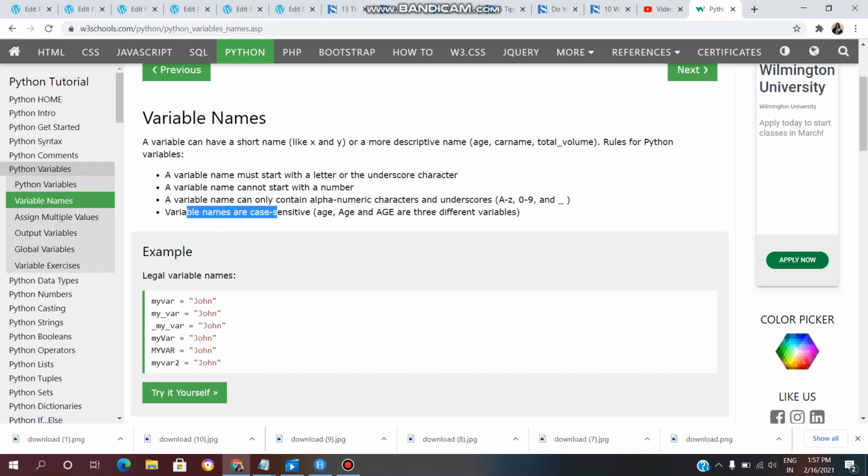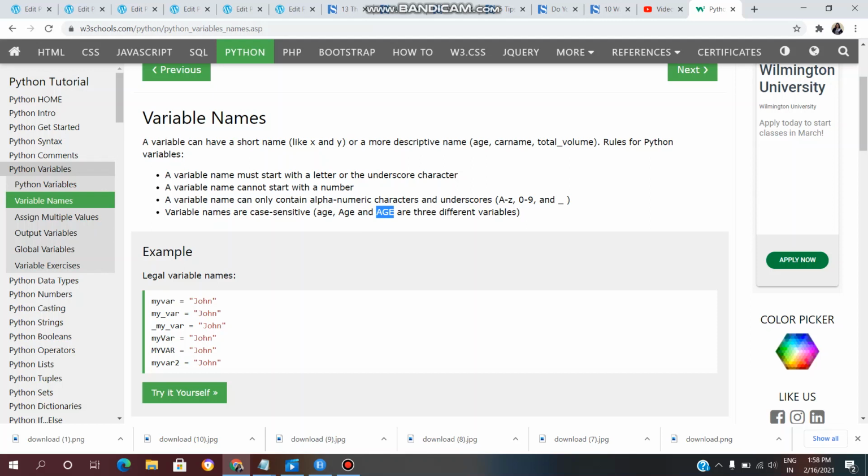Variable names are case sensitive. Here, for example, age in small letters, age with a capital letter, and so on. In meaning they are the same, but variables are case sensitive. So this age is different, this age is different, this age is different. These three are different.